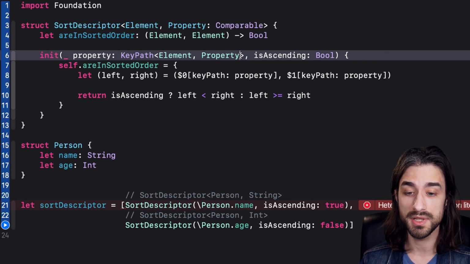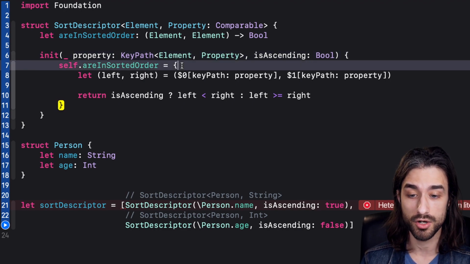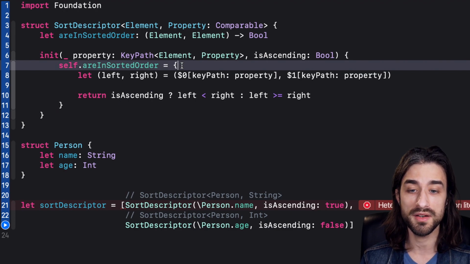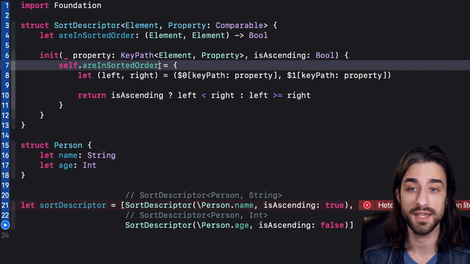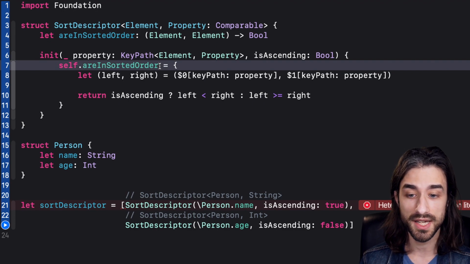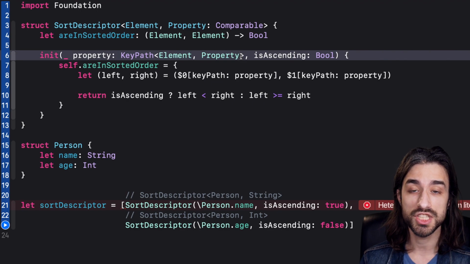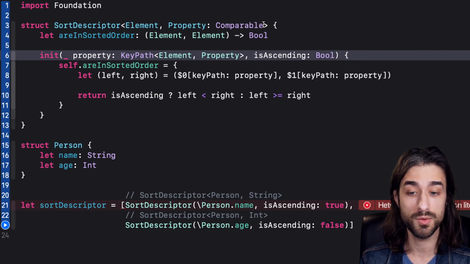But once we have used this key path inside our closure, we no longer need to have this type information lying around, because our closure is a let constant, so it can no longer be modified. So we are sure that at the time of the init, the type safety check has been performed by the compiler. But after that, this information about which type the property is is no longer useful. So it could be erased from the signature of SortDescriptor. And this is actually what we're going to do.